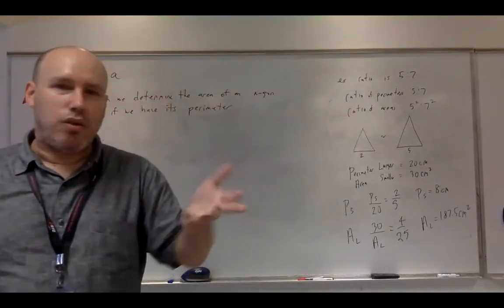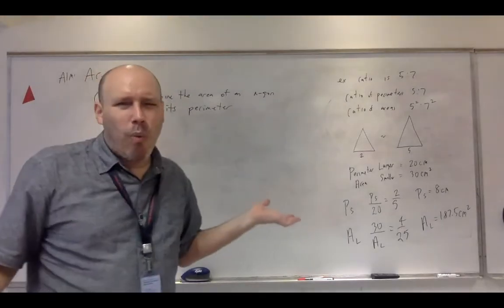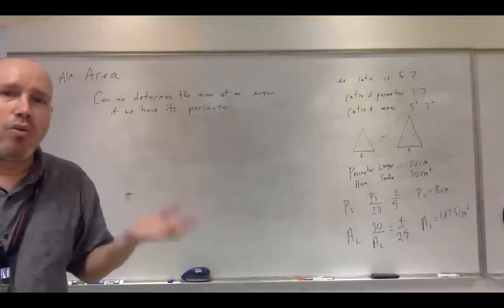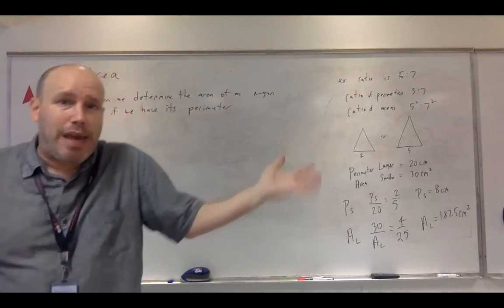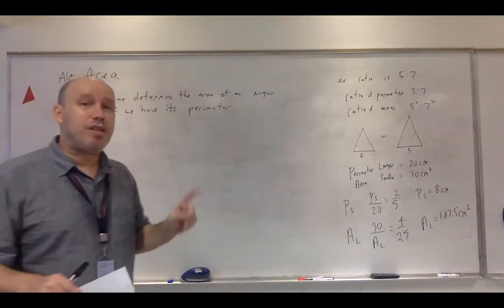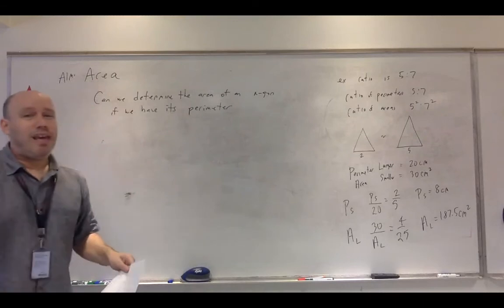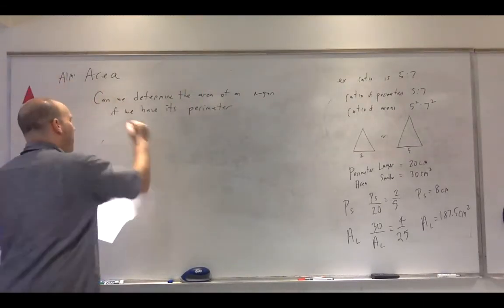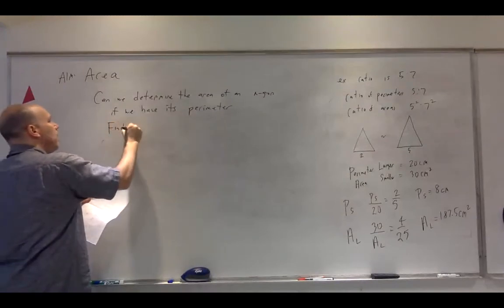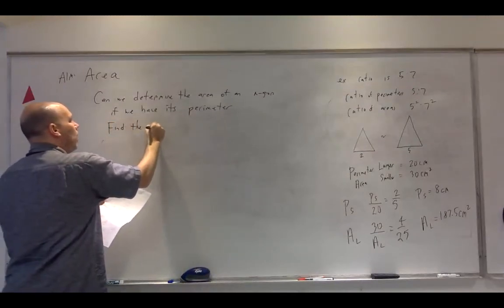Like if I tell you the perimeter of a triangle is 20, you can't figure out what the area is. If I tell you a rectangle has a perimeter of 15, you don't know what the area is. You can come up with some ideas. The question now with regular polygons is that if I give you the perimeter, you can find the area. So find the area